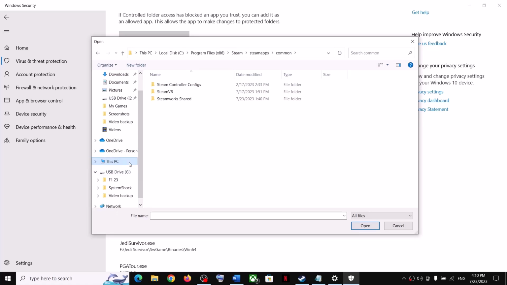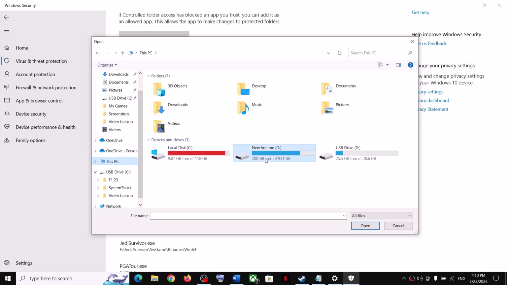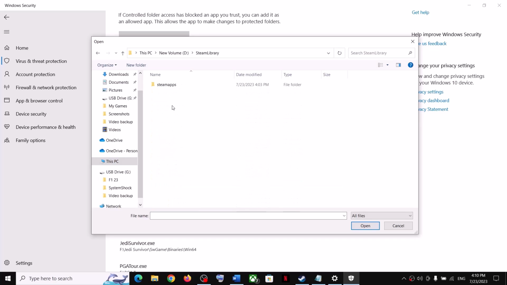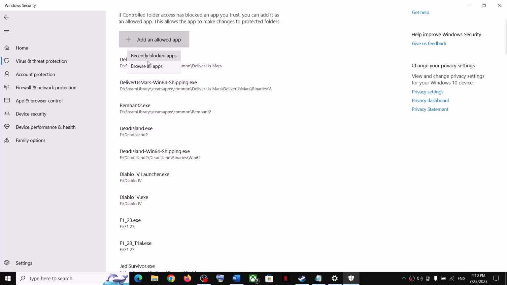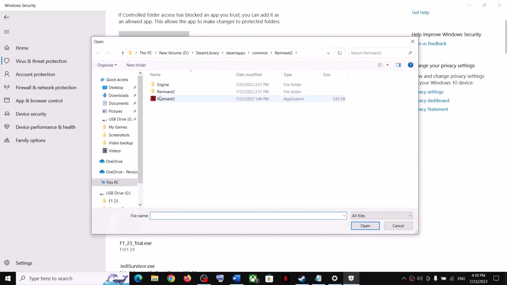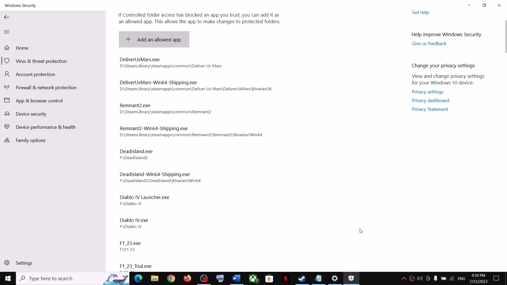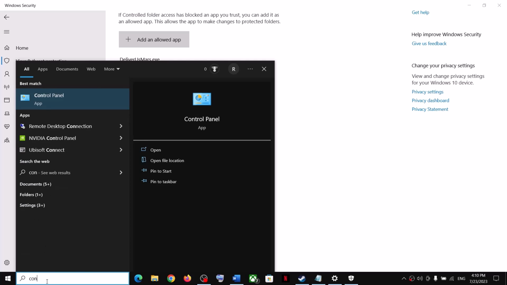In my case the game is installed in D drive. So open Steam libraries, Steam apps, common, and then open the game folder and then select the game exe file. Now click on open. Again click on add an allowed app, browse all apps, and then open this Remnant 2 folder, binaries folder, Win64, select this exe file. Now click on open. Once the game is added over here, now type in control panel in Windows search box